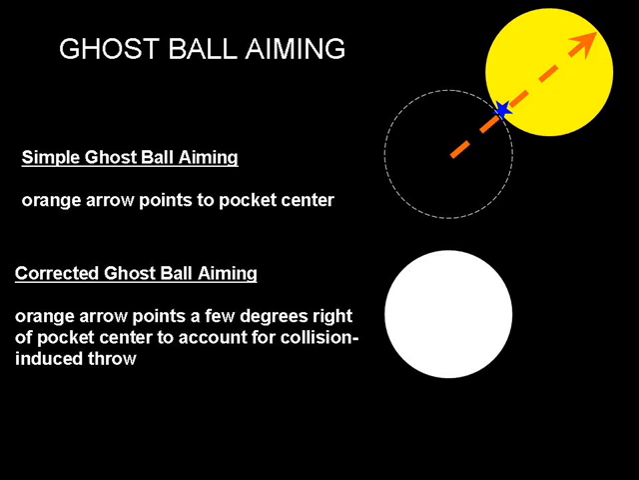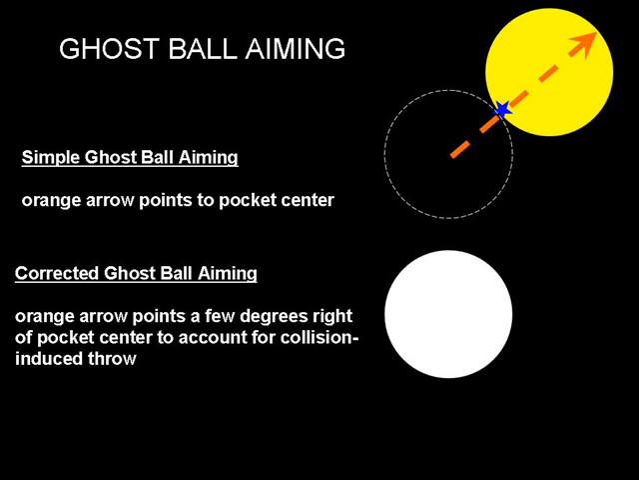In simple ghost ball aiming, you take that orange arrow and you point it through the center of the object ball to the center of the pocket. Where that arrow hits the front edge of the object ball is where the blue star is. That's the contact point on the object ball. You then imagine a phantom or ghost cue ball that's touching at that contact point. That's the ghost ball. And if you replaced the phantom cue ball with the actual cue ball, you'll probably miss the shot. And the reason is